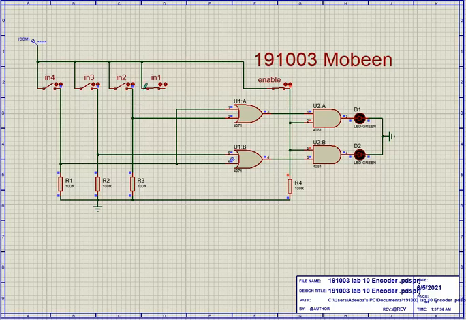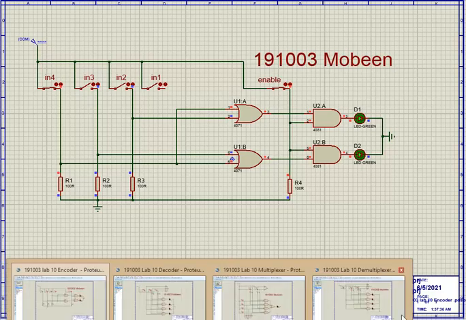Now when this is off and this is on, we can see that this is input number 1. I have written input number 2, but if you start from 0, 1, 2 and 3, this is input number 1. So input number 1 gives a binary of 0, 1, which is equal to 1. This input gives 1, 0, which is 2 in binary, and this gives 1, 1, which is 3 in binary. So this was the circuit of the encoder, and let's get on to the circuit of the